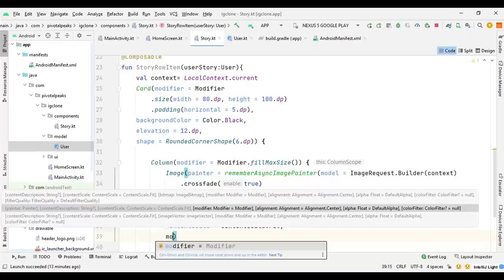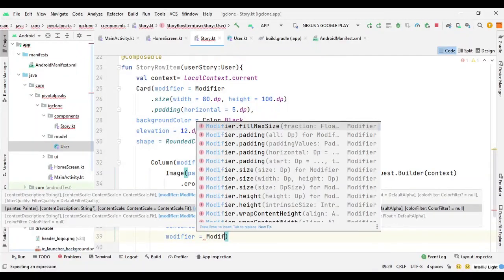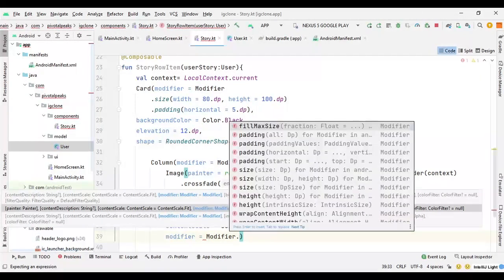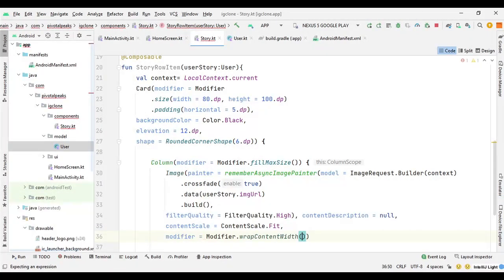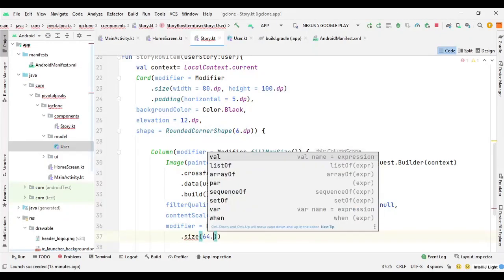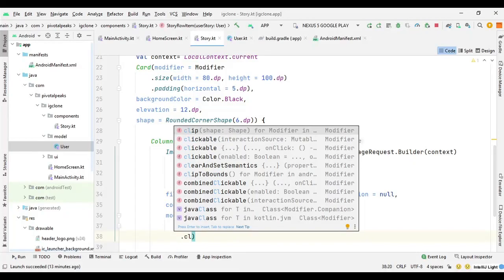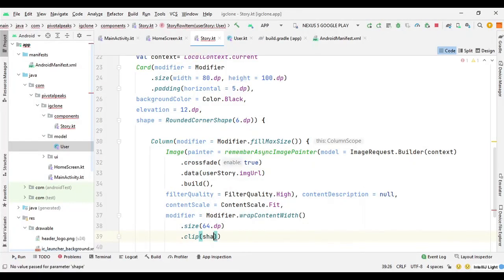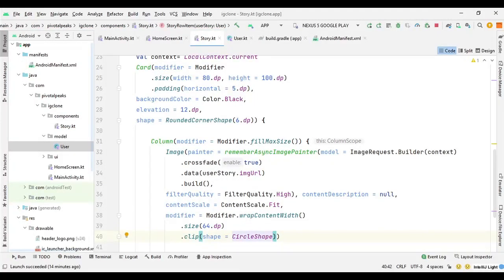So we can say modifier equals modifier dot first we will go with wrap content width, so it will always wrap as much size as we give, and then for size we can say 64 dp, and we want it to be circular, so we will clip it. We can call this clip function and provide the shape. So for shape we can say circular shape or circle shape.